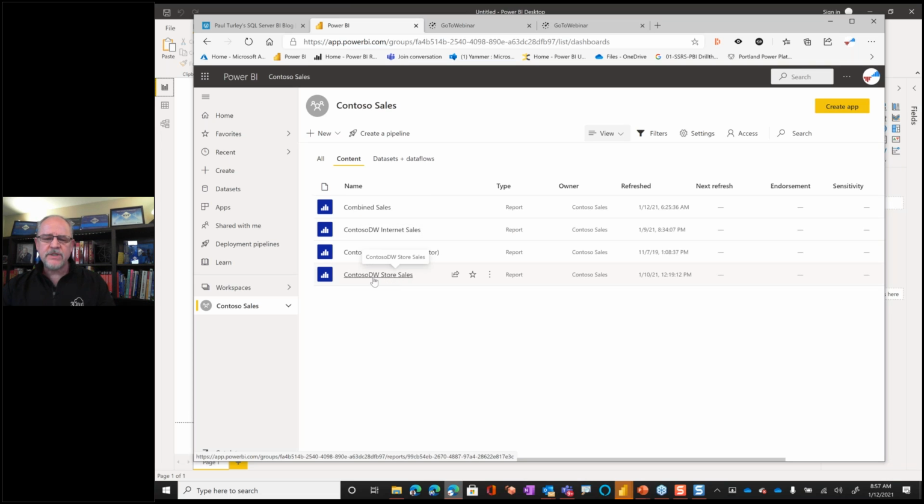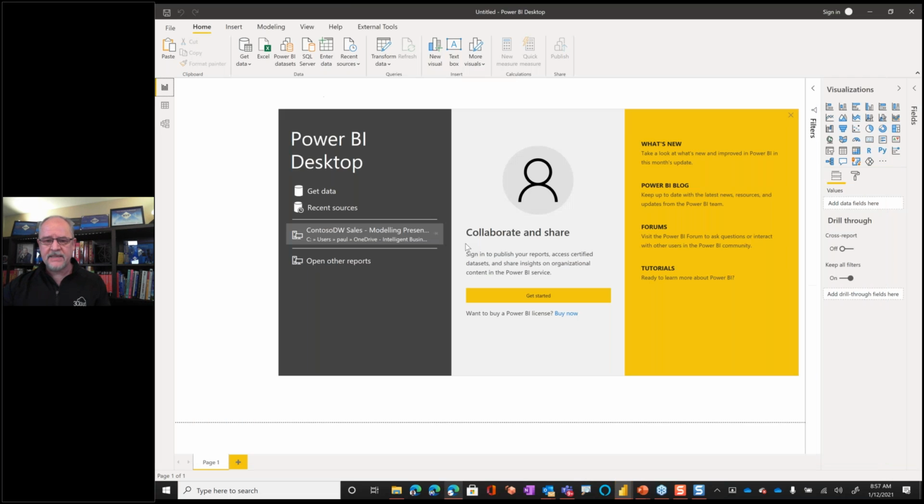I also have a store sales project out here. So a separate data set, separate data model with its own reports, and that's in production as well. Now the requirement comes down that we would like to combine internet sales with store sales, but we don't want to start all over again. We've already done that work. Why can't we leverage the work that we've already done? And you now can do that.